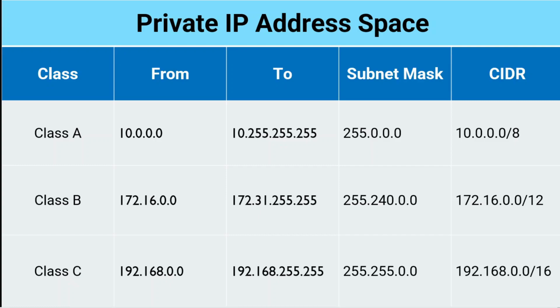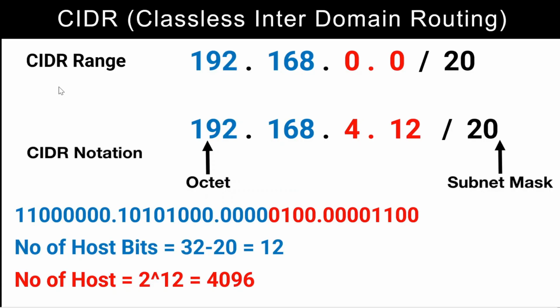This class-based IP addressing scheme is not efficient because a fixed number of bits are used to determine the network. This way, we cannot have a customized network in which we can say that the network is identified by the first 20 bits of the IP address. To overcome this issue of fixed number of network bits, we prefer to use CIDR notation based IP addressing scheme. Here, CIDR means classless inter-domain routing. CIDR notation based IP addressing scheme allows us to specify any number of network bits.